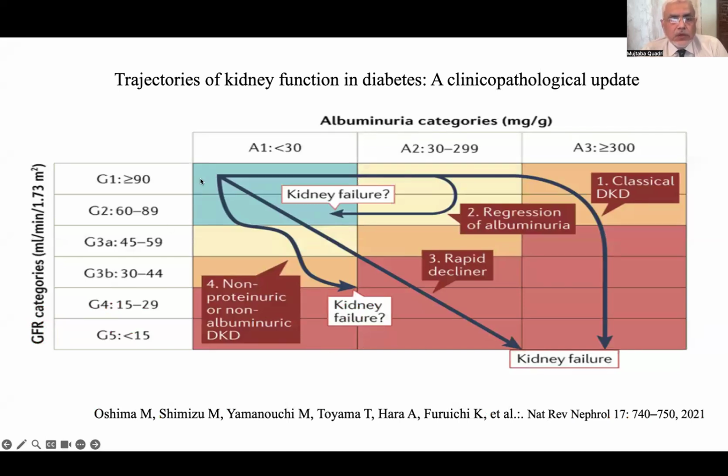In general, when you do have diabetic kidney disease, I think it's important to have an idea about the various stages, stage 1 to stage 5, at the time of presentation, along with A1 to A3 in terms of the proteinuria range. As you can see, the classical diabetic kidney disease may be delayed in stage 1 for several years with good interventions that we'll talk about. And you can also have regression of albuminuria with tight sugar control and ACE inhibition. But you can have rapid decliners, and those who are non-proteinuric and non-albuminuric may actually have a very rapid decline of renal function.